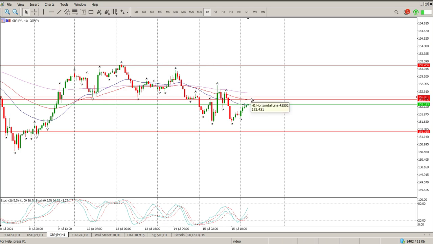So this is the zone you need to pay attention to: 152.431 and 152.348. I would expect price to get back into here, and I would expect the sellers to move in here. Next thing you need to include is your trend line. So that's kind of the view that I've got into that area for a short, with stops above the high